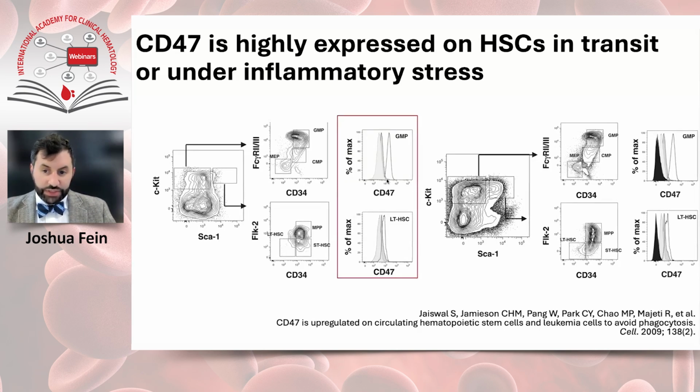in this case they gave cyclophosphamide and GCSF, then there is an increase in CD47 expression. This is true both on the GMPs and also on the long-term hematopoietic stem cells. You can see this in the black line here. This is day 2 after mobilization, so you can see there's a shift to the right, increasing amount of CD47 expression on the cell. Then as you come back to the gray filled-in density, that's day 5 after the mobilization has resolved. And then the light gray represents a steady state that was observed without any of these interventions.